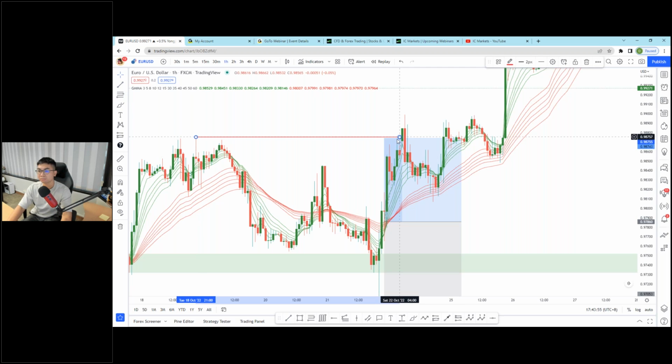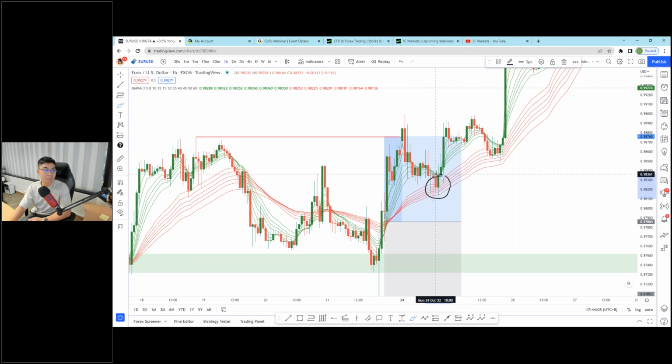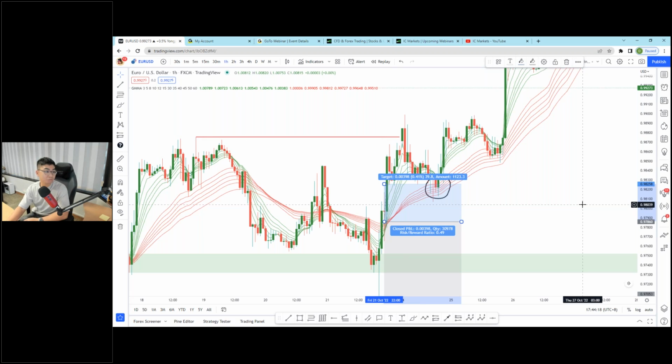But price went down, and as I was mentioning, for those who do not know where to have your take profits area, you guys might want to close when price steps back onto the red area. So if you do that, that would have been a very, very bad trade too. It would have been a 0.49 risk to reward. So how do we personally improve on that? How can we improve?